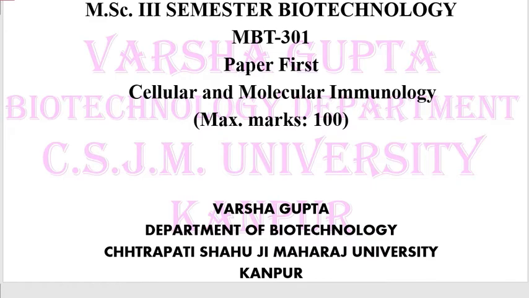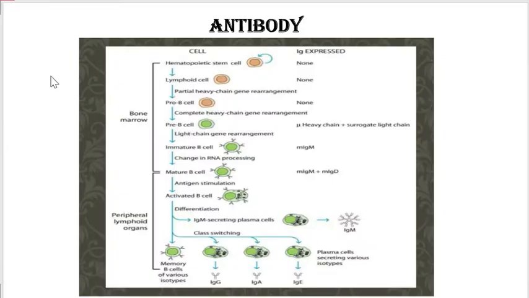As we all know, antibodies are the molecules which are released by activated B cells. Activated B cells convert into plasma cells to release different classes of antibodies. So this slide basically shows the development of B cells in the bone marrow. So this is the pro B cell, then we have the pre B cell, and we have the immature B cell,